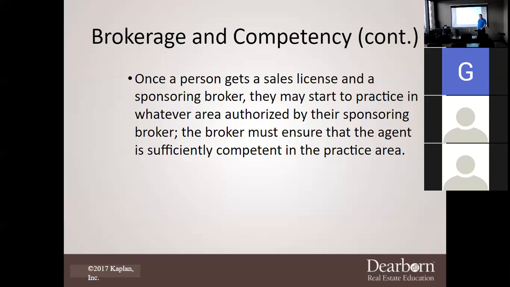Because what happens if each one of you is designated to a certain spot and Travis ups and leaves on commercial and I have nobody else in that area? What have I just done to myself? Shot myself in the foot. So, now is it wise, though, that you let your agents do whatever they want? Not always. But most of the time, as long as they can show competency